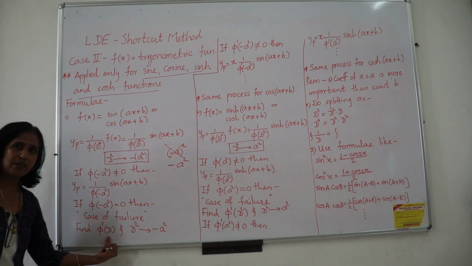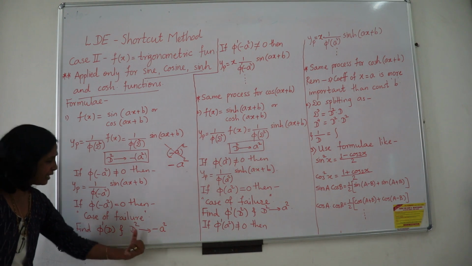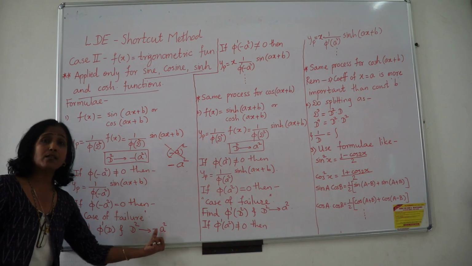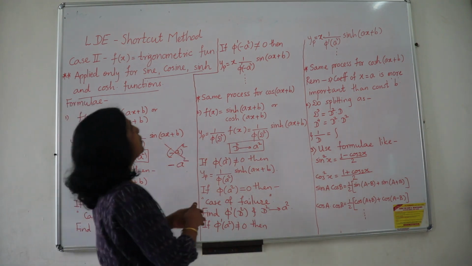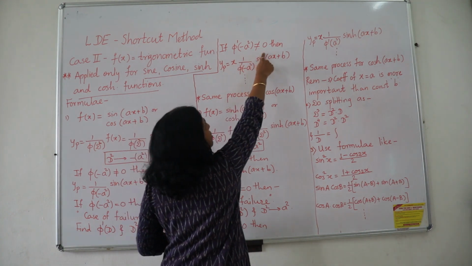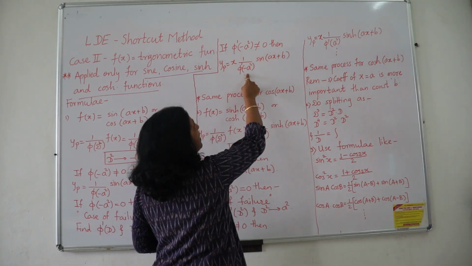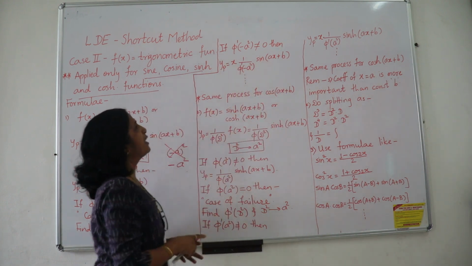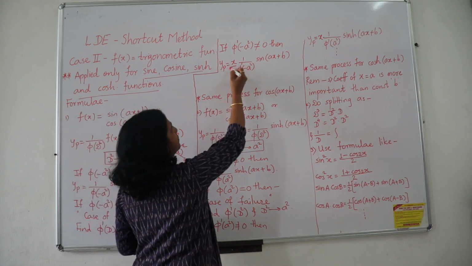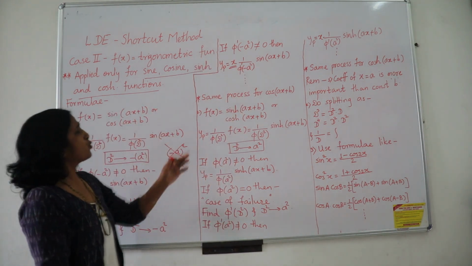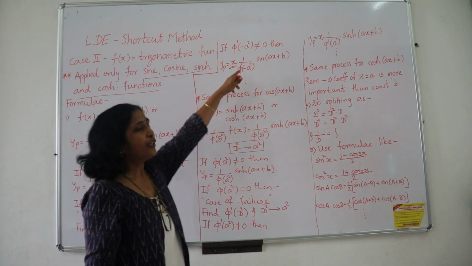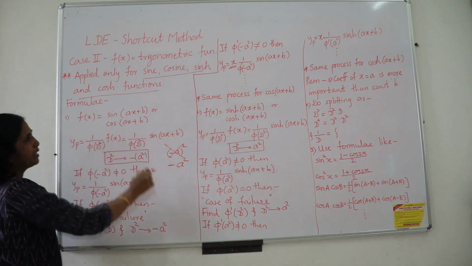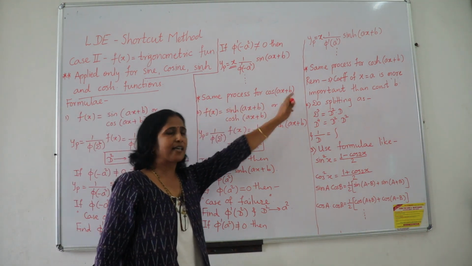Then find the first derivative of your function. This is the common rule for that particular case. D square is once again replaced by minus of a square, and if phi dash of minus a square is not equal to 0, then 1 upon phi dash of minus a square, because this value is not 0. The function sin(ax+b) remains the same, but whenever we take any derivative, you have to multiply that answer by x. This process will be continued till the denominator becomes non-zero. The same process you have followed for sin(ax+b) should be applied for cos(ax+b) as well.